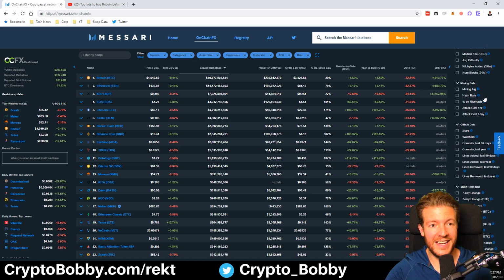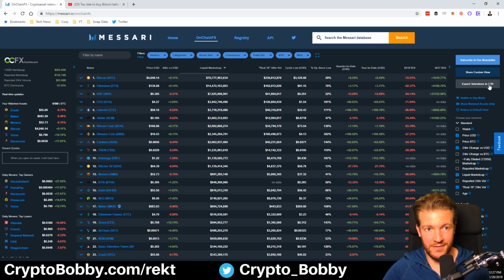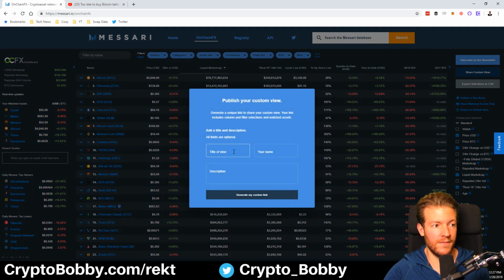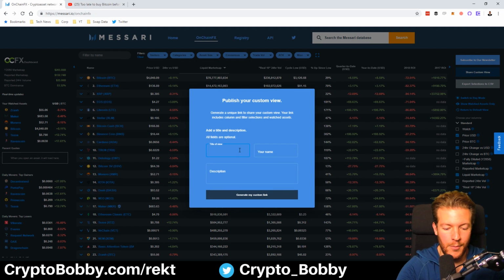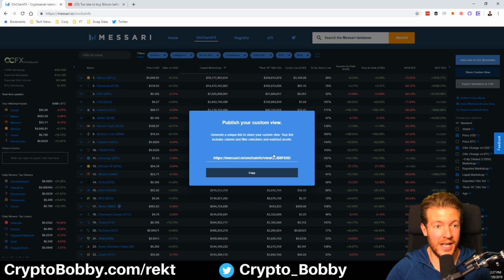And in addition to that, if you ever want to go through the process of exporting to CSV or even sharing a custom view of your timeline, I could go through and say, this is my timeline. I could generate a custom link and share that out to anybody anytime I really want to, whether it's on Twitter or to my friends or whoever it might be.